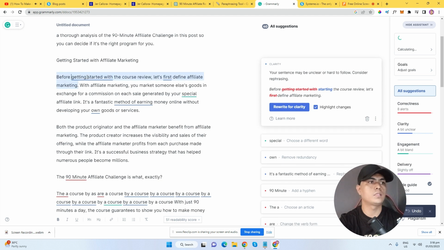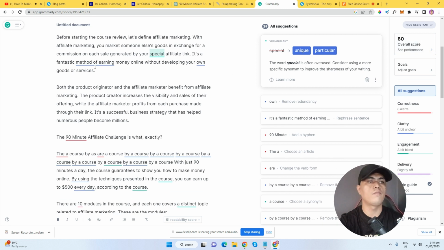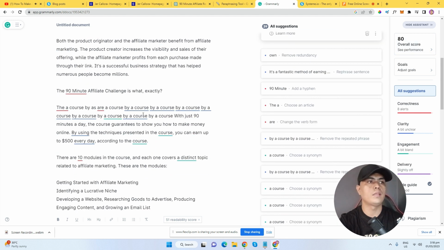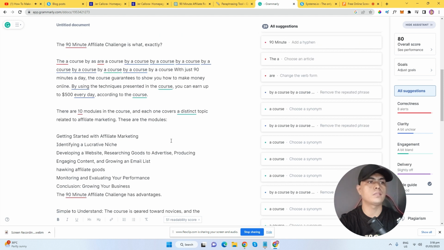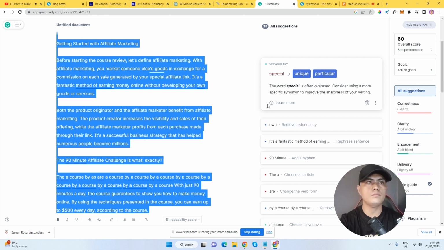Then you can click on this keyword that has this underline. You can click on this one, and it will automatically provide you these suggestions right here, and it will fix the grammar of your article. As you can see, the overall score is 80. So what you can do, guys, is go through all of the keywords that have underlines right here and fix these errors. So what I'm gonna do is copy this content, and then I can now go